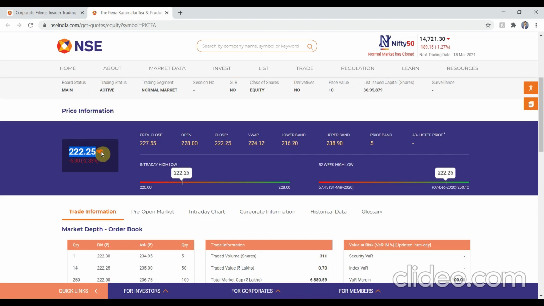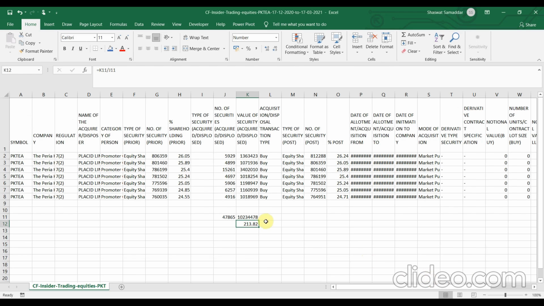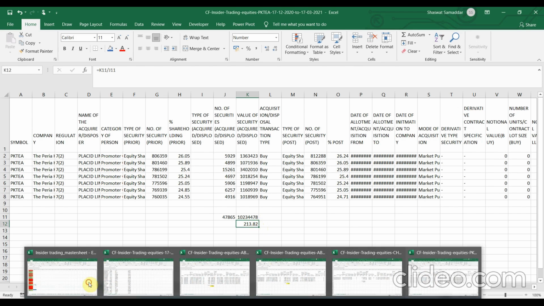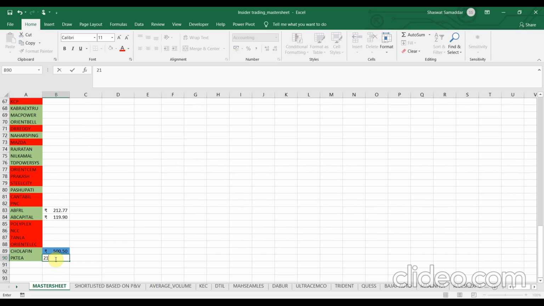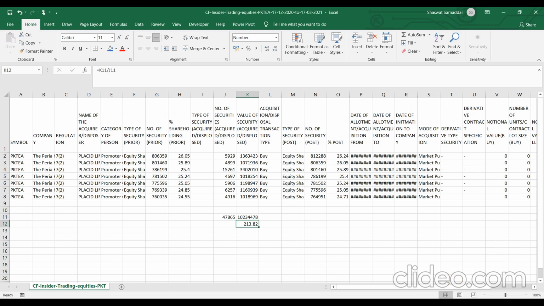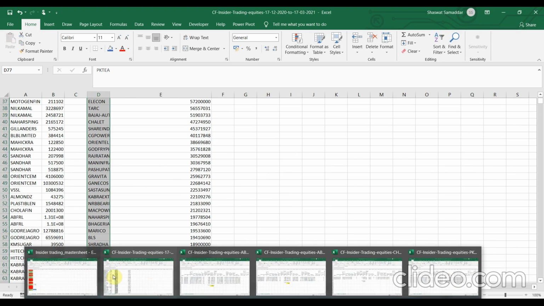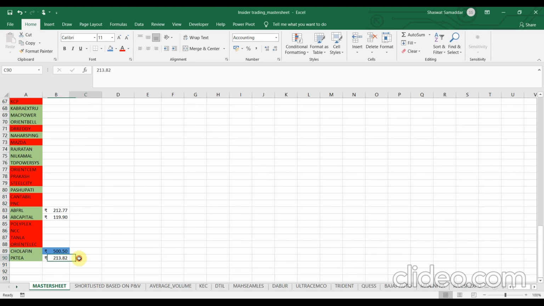It is 222. It is close. Again, we need to see whether or not it falls in our range of plus minus 5% to make any further decision. 213.82, yes, this is the correct one.